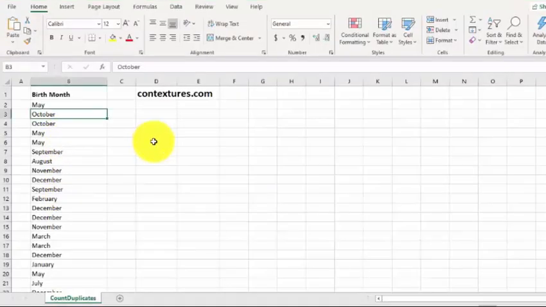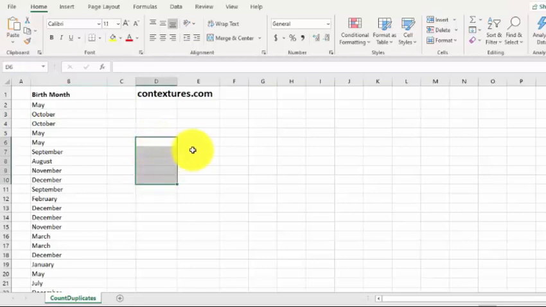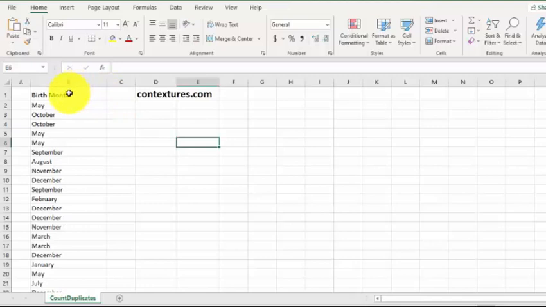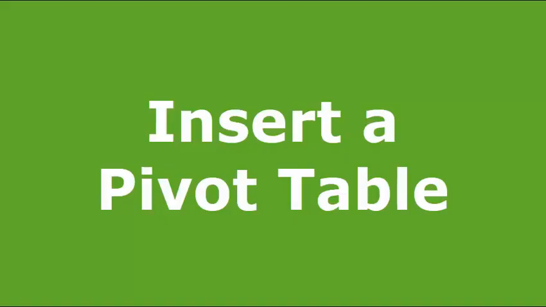I could do that by listing the months over here and then using a formula to get the results, but it would be way faster to use a pivot table, so of course that's what I'm going to do. The first step is to add a heading to the list, as you see here, and I need this to make sure the pivot table works properly.